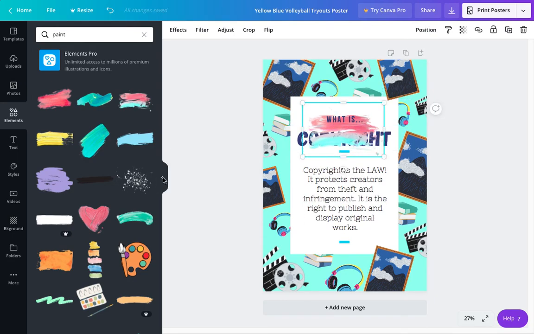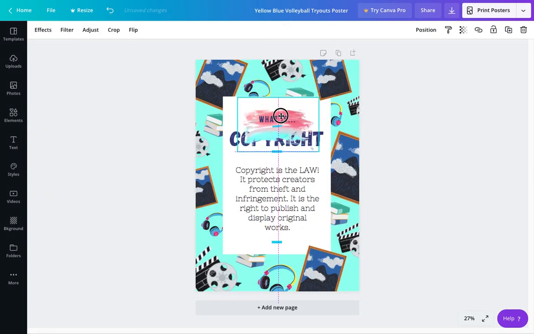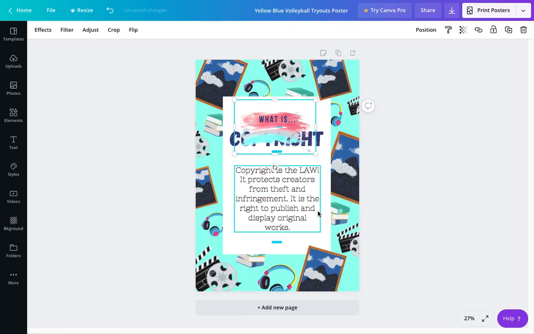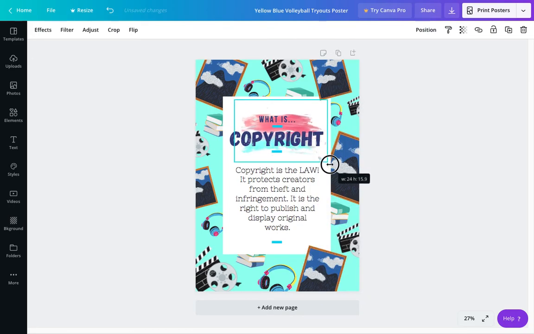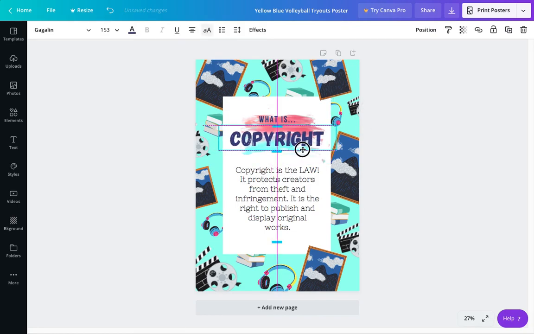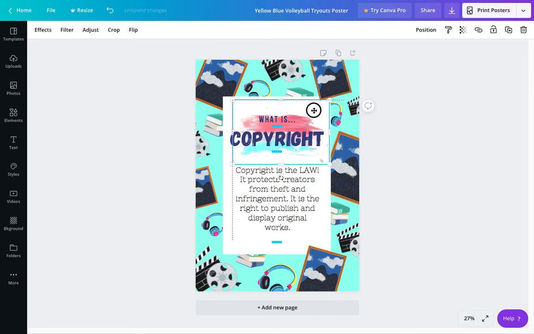our title. You can see here our paint is in between the what is layer and the copyright layer. So what I'm going to do is right click, and I'm just going to click send backward. I don't want to send it to the back, because if I send it to the back, it's going to be underneath this white thing. So I'm just going to click send backward until I see it go behind. There it is right there. And then maybe we can size that up just a little bit. Whoops, I clicked on the wrong one. There we are, and we'll just center it, and voila, we have a nice poster design for our project next